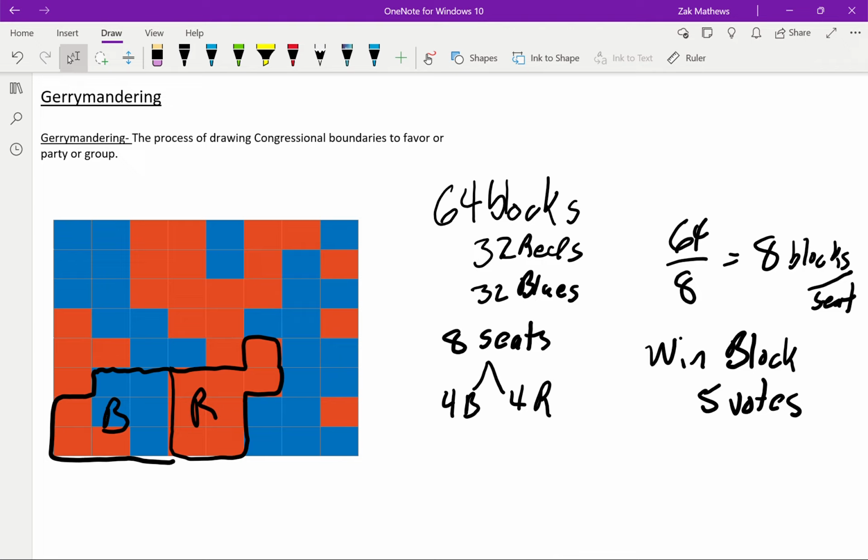Next, I'm going to have to get another group of 5 blues. I'm going to get a little bit creative in my drawing this time. So if I just take these 5 blues, well, it's only with 1 single red. And remember that I'd really like to be able to include at least 3 reds each time. So I'm going to group,